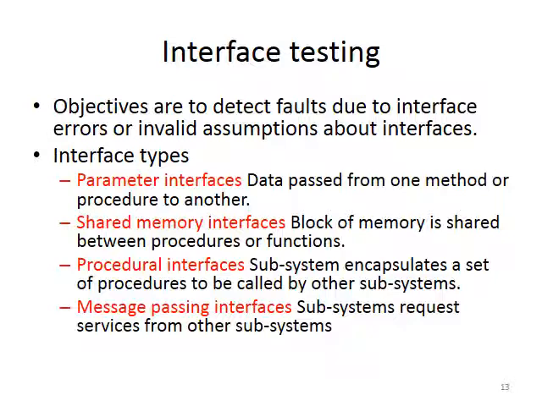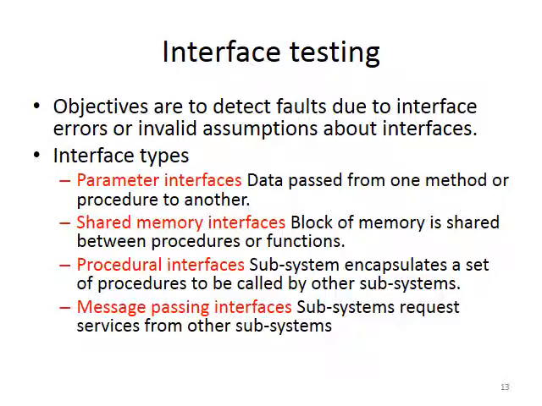There are several interface types which need to be worked out to say whether interface testing is working properly or not. First one within that is the parameter interface, where data passes from one method or procedure to another. So just check through the interface whether data from one particular object is properly passed to another object. Suppose there is a data interaction between two objects, the parameter interface is one methodology where you need to check whether parameters or data are passed from one method to another.